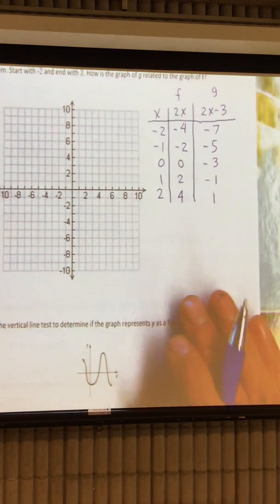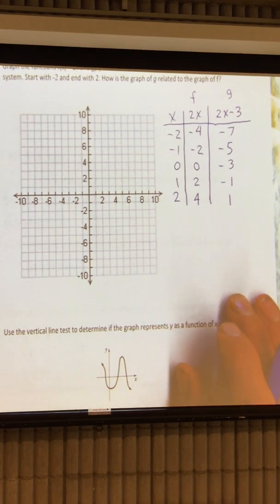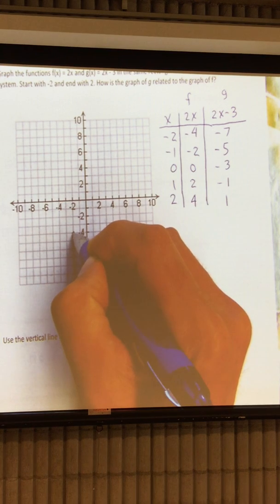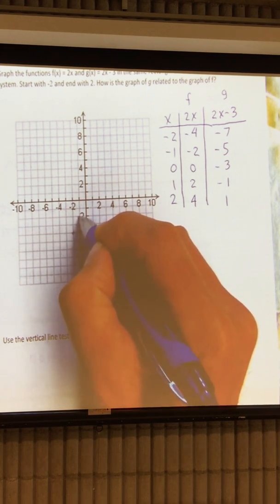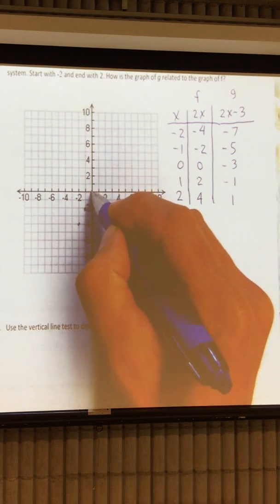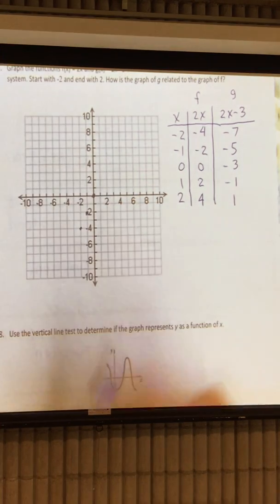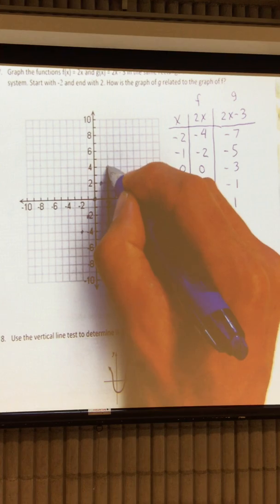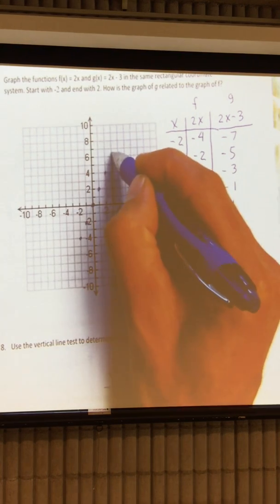Now we wish to plot these values in the coordinate system. Negative 2 gives us negative 4, negative 1 gives negative 2, 0 gives 0, 1 gives 2, and 2 gives 4. And we will draw that function in there,